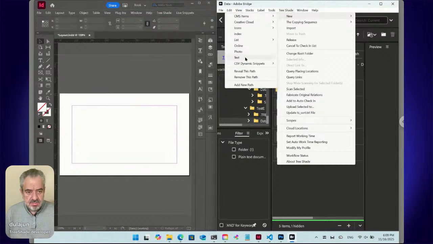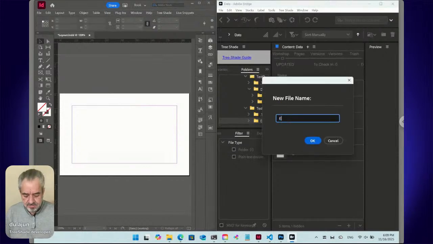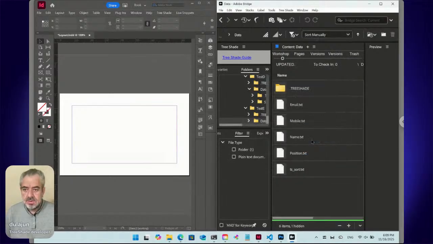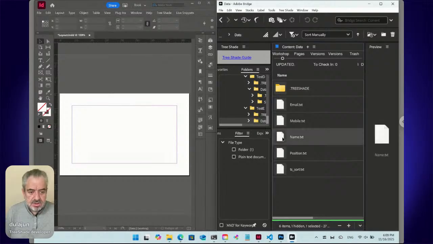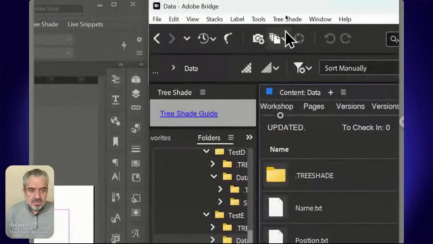And finally, email. Okay. Now you can drag and drop the text files to make a custom order. Name at first, then position, then mobile, then email. And after that, from the TreeShade menu,